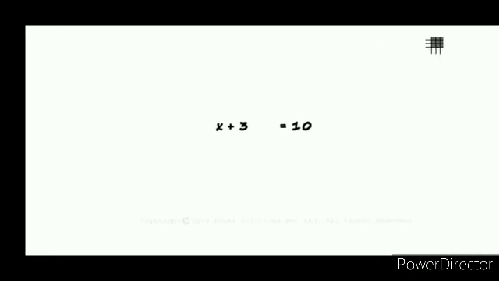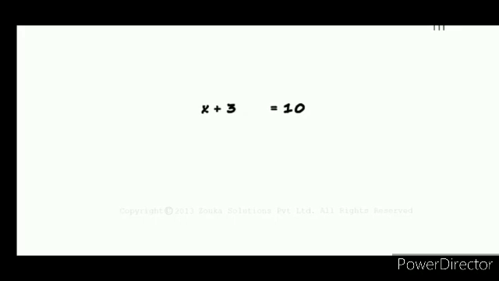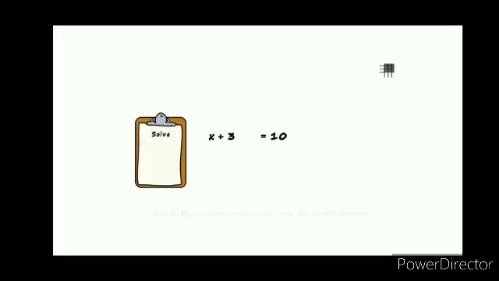Look at this equation, x plus 3 is equal to 10. In the previous year, you learned two methods of solving linear equations: the separate variable method and the transpose method. Here we use the separate variable method as the inverse method. Solving the equation means finding the value of the variable. That value is called the solution of the equation. Here x is a variable, and its value is the solution. That solution makes both sides equal.